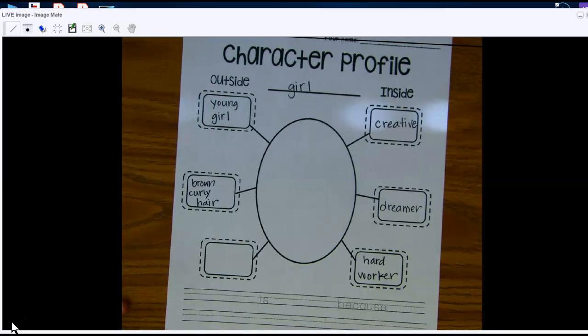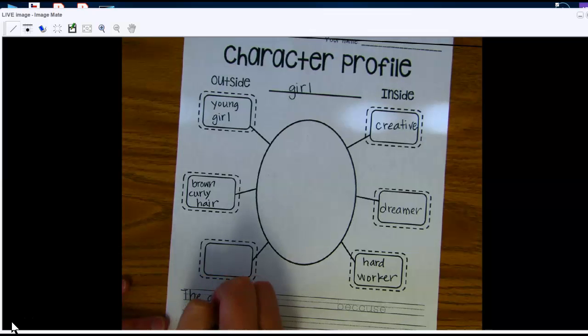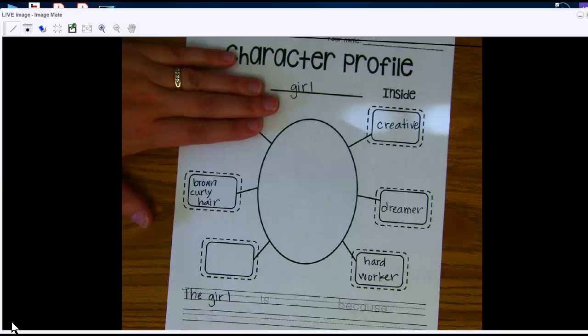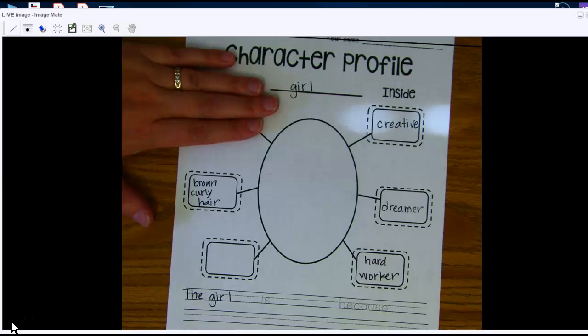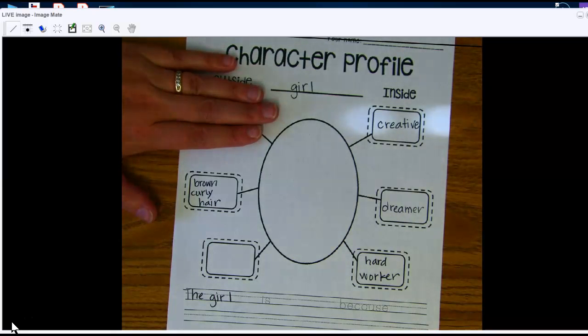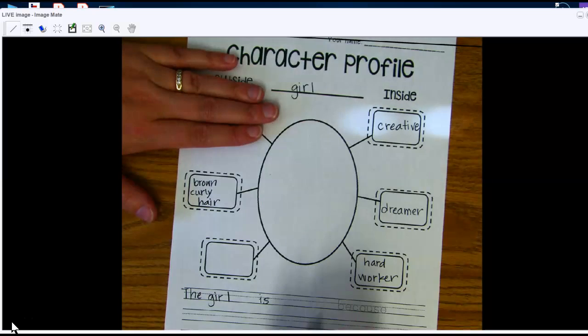Now, I want you to pick one of the 6 things you wrote, one of those 6 boxes. And you're going to say the girl is, and we're not going to write that she's a girl. A lot of y'all did that last week. You just wrote girl or boy and said the picture showed me. So let's not use that one. Pick one of these other ones. The girl is, and then pick one of the other ones and write it here,